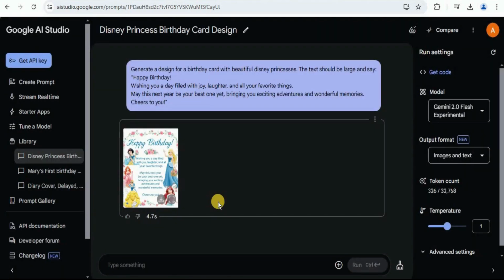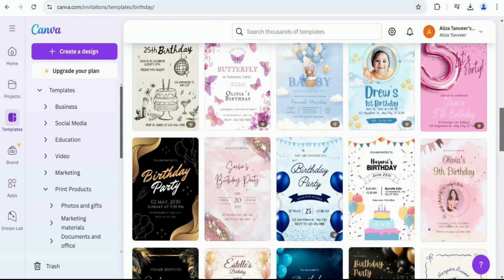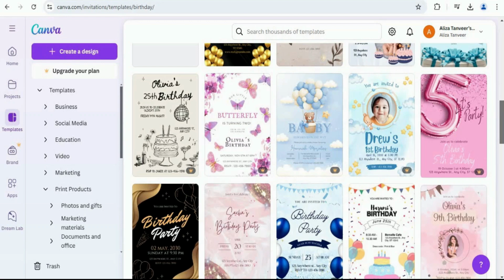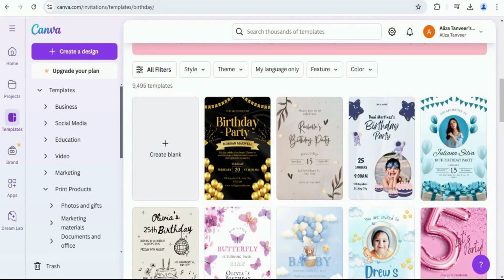Seeing this makes me wonder that since it is able to generate different types of cards on the basis of the textual prompt we provide to it, it must be able to replicate certain designs and generate the image according to it. This means that this model might outperform Canva because it has different types of paid and free templates. So if you want to replicate any of these templates, some of which might be paid, you can easily copy the image, paste it inside the Google AI Studio and then ask the model to generate it. So let's go ahead and try it out.